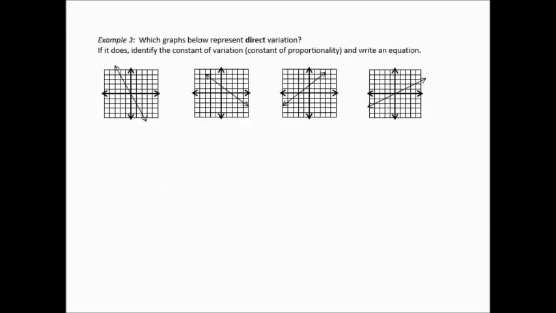Example 3. Let's take a look at some graphs. Which graphs below represent direct variation? If it does, identify the constant of variation and write an equation. So we need to figure out again what k is and write an equation in y equals k times x. So let's take a look at our first graph here, and we want to write the equation y equals k times x. So first I want to notice here, remember that my b must be 0,